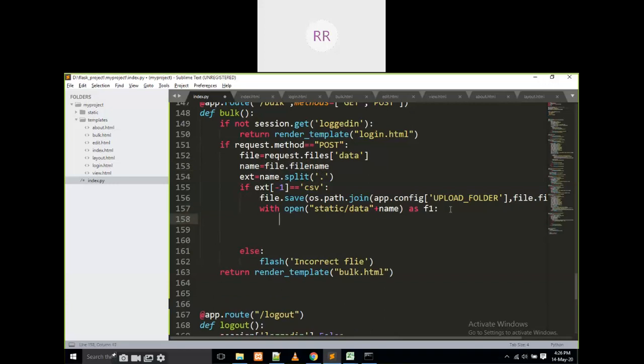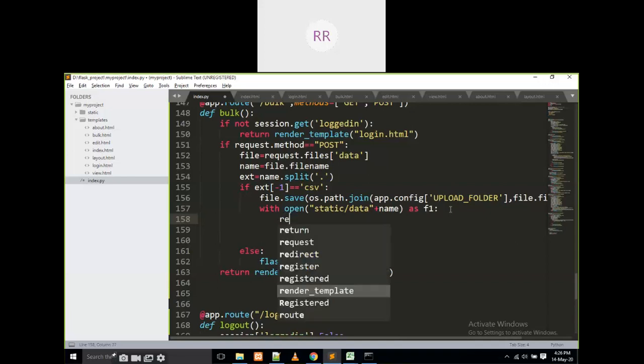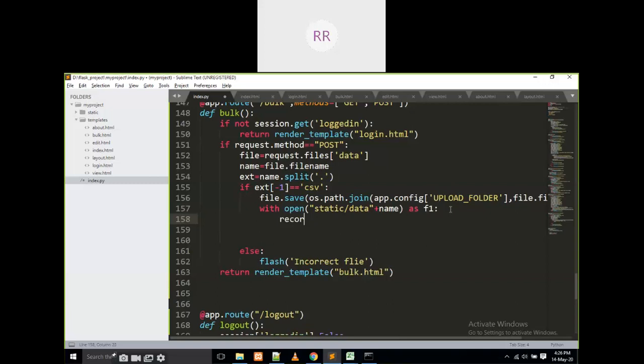Now I am going to, is there any data variable? Some data, records is equal to records. Yes, records is equal to list of CSV dot reader of F1, not a normal value.